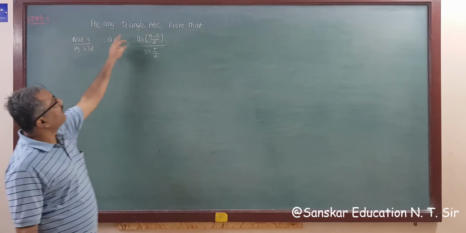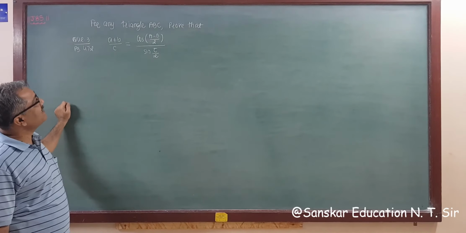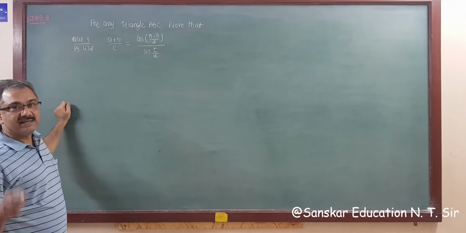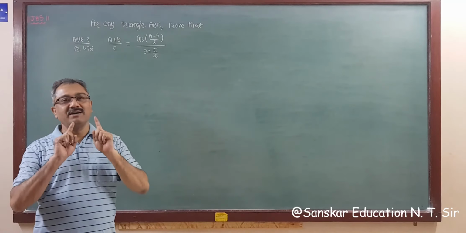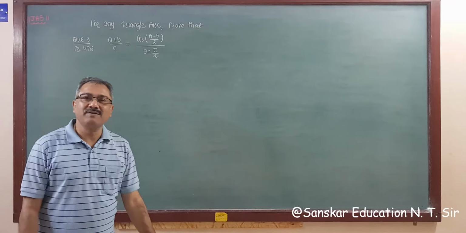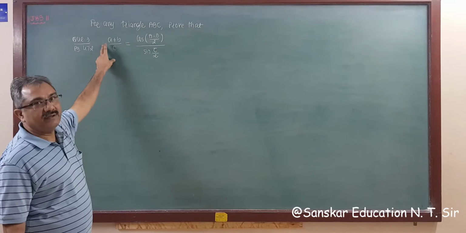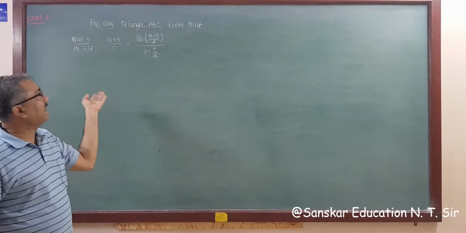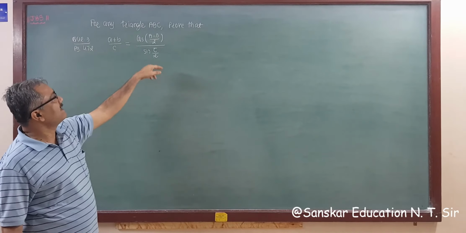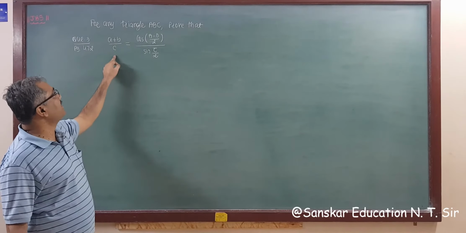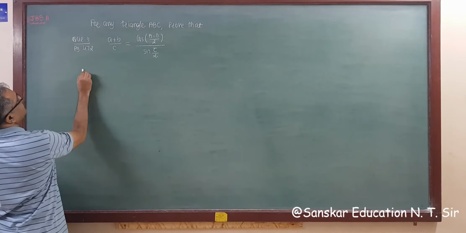For any triangle ABC, we have to prove this. That is, a plus b by c is equal to cos (a minus b) by 2 into sin c by 2. As we discussed earlier, what we have to do? We have to start with small letters, that is sides of the triangle, and prove for the angles. So this is already given, and this question may be given like this. This sin c by 2 can be multiplied here, and you are saying prove that sin c by 2 into (a plus b) by c is equal to cos (a minus b) by 2. So this is our left hand side.